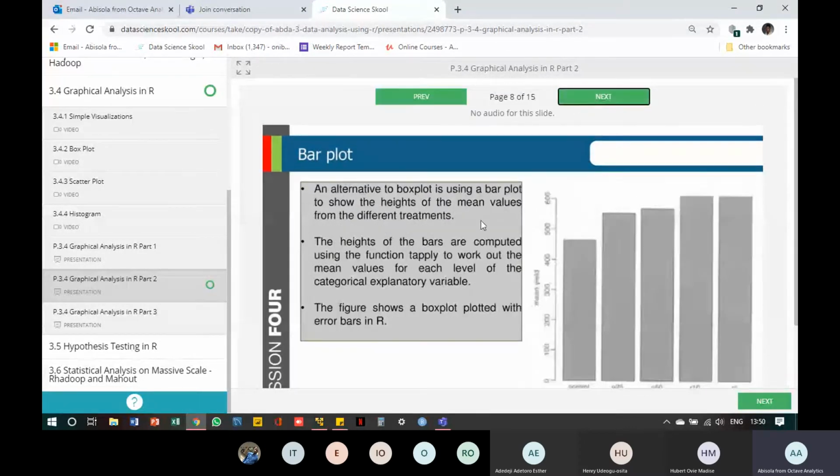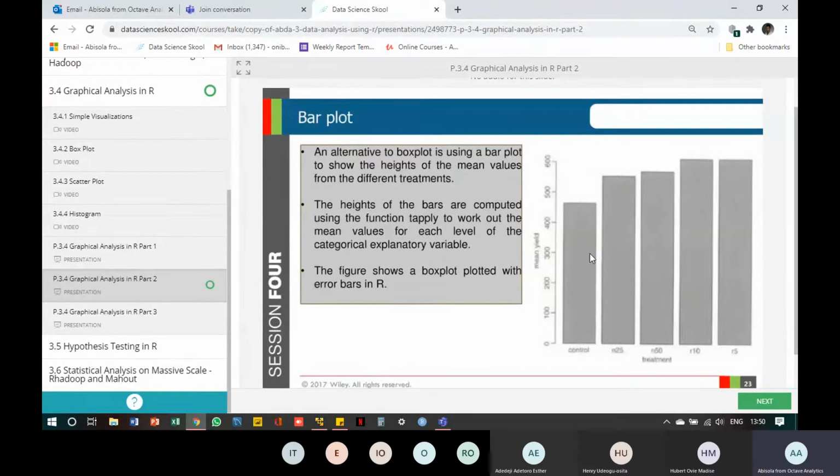Then for the bar plot, I think we all know what a bar plot does. For example, you want to see, say, height of... okay, let me just use the example used here. So these are the explanatory variables. These are different treatments. As you can see, they are categorical. They are not continuous variables. And I want to see,